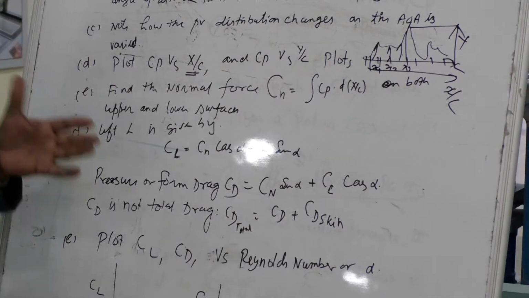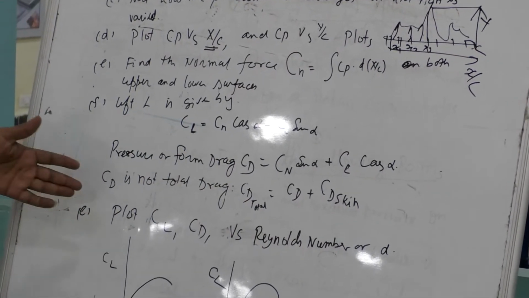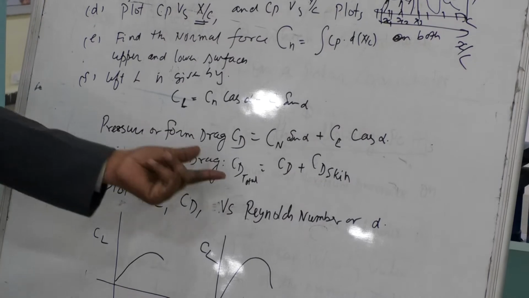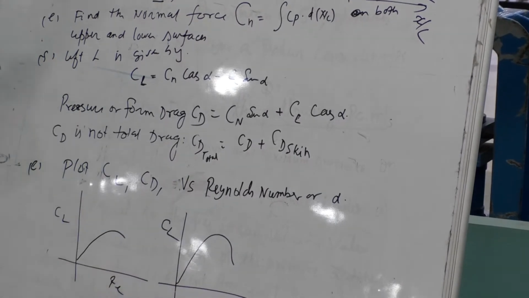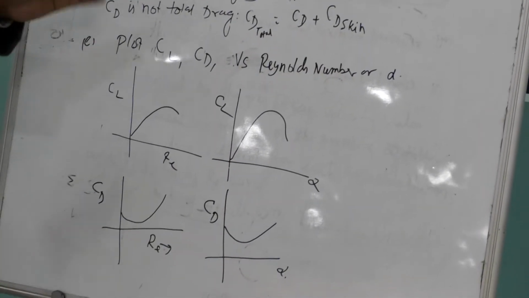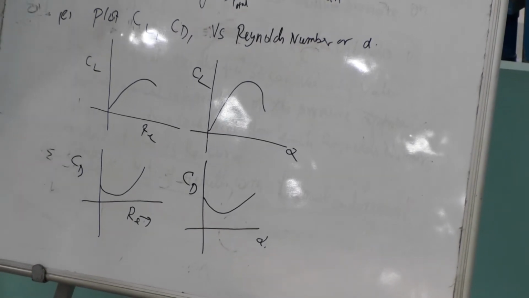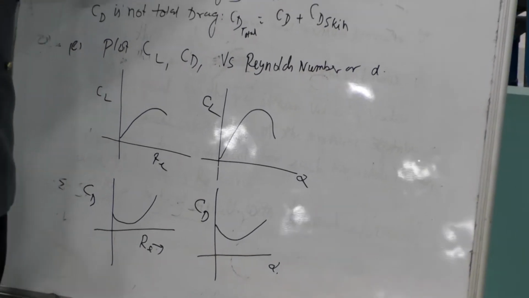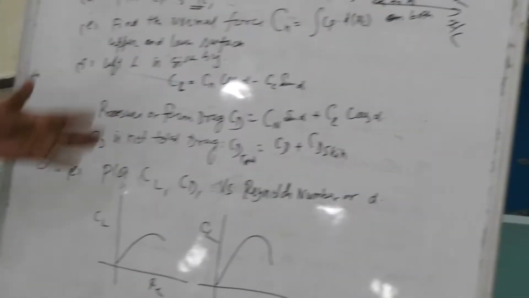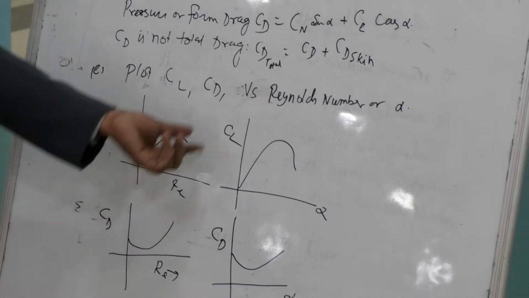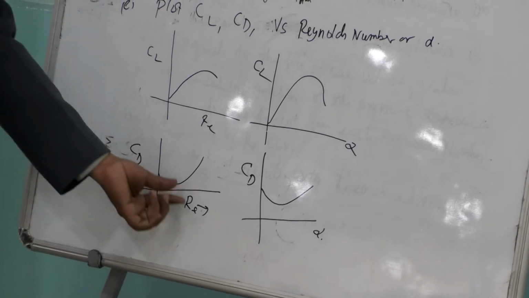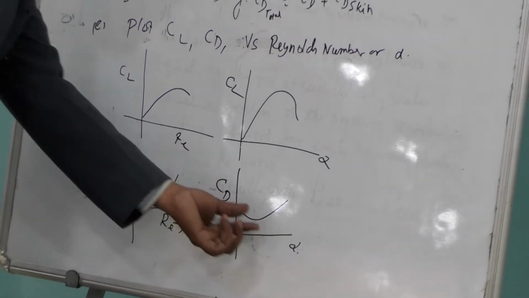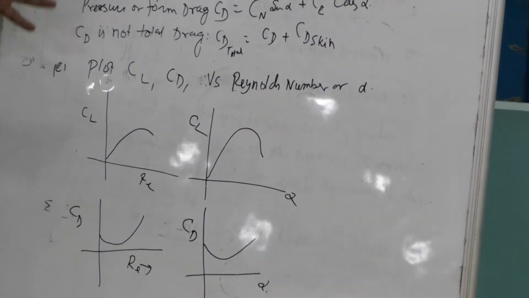cambered airfoil 23015. Now next step, we have already found the CL and the CD and the variation of speed and the variation of angle of attack. I will be showing only one velocity here in this experiment, and you can vary the number of velocities, but I am showing you only 500 RPM, which corresponds to 17 meters per second. So here CL versus Reynolds number and CL versus angle of attack. Another two plots will be CD, coefficient of drag, versus the Reynolds number and the coefficient of drag versus angle of attack. These four plots you have to draw, and these are the parameters you are getting, and accordingly we can